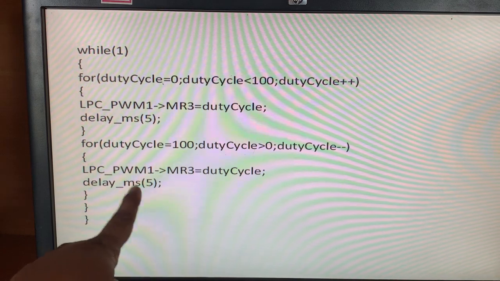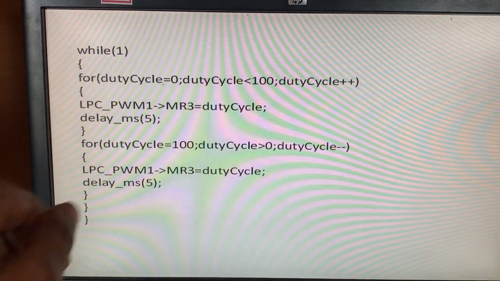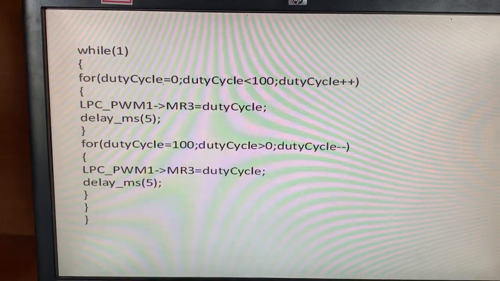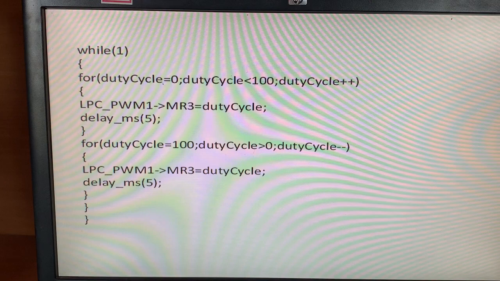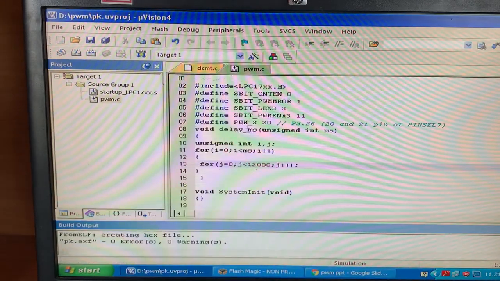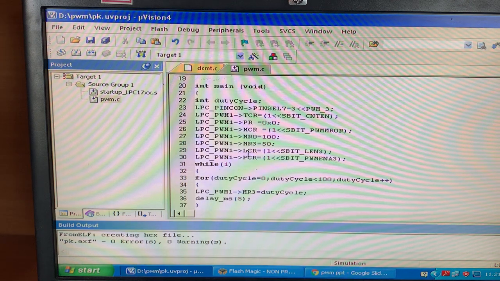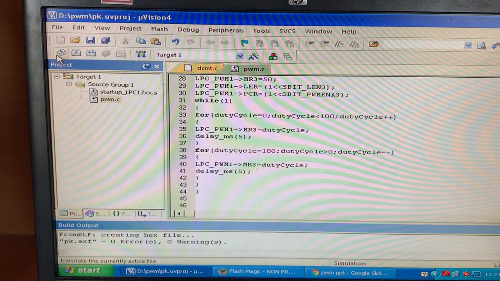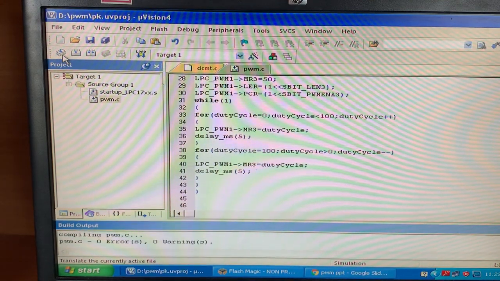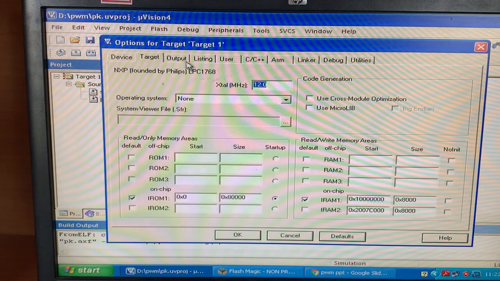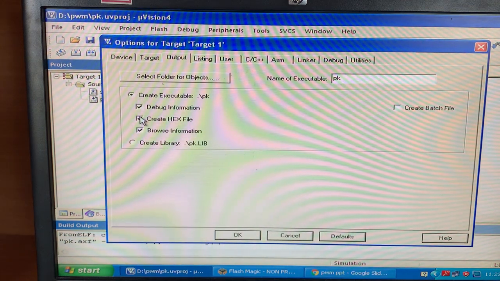So this is how the program generates the pulse width modulation technique. I hope you have understood the programming concept. Let us go to the tool software where it has already been executed, with the values I have explained here. As we know, after executing, translate the program, build, rebuild, and then the hex file has to be clicked in the output.